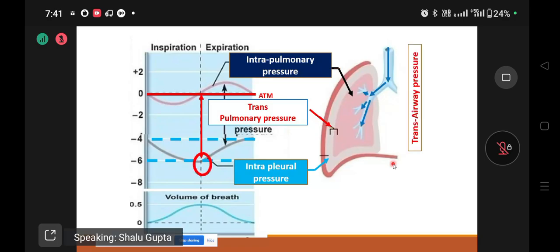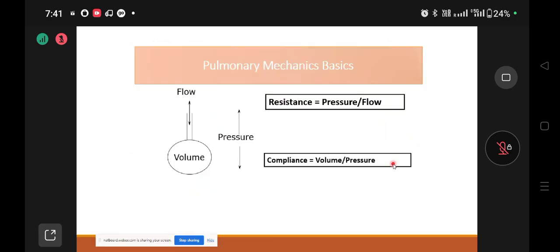Right. So now a little bit about pulmonary mechanics. I think what happens during the flow and the movement of air. We all know that normally the gas goes in and out of the bronchi, and then there are alveoli, where you need to inflate those alveoli to reach a certain target volume. And for this flow and for this inflation, you need pressure. So there's an equation, where we all know that resistance is equal to pressure upon flow, and many of these equations will be